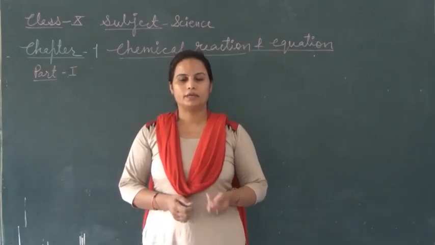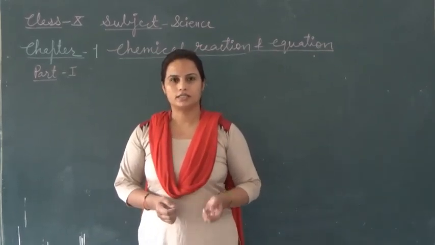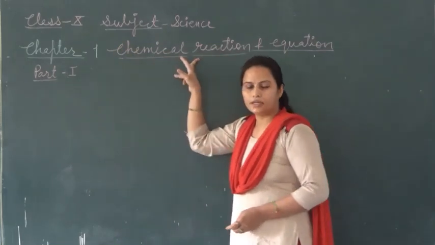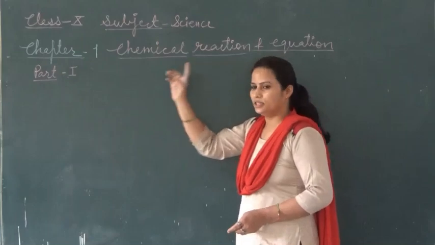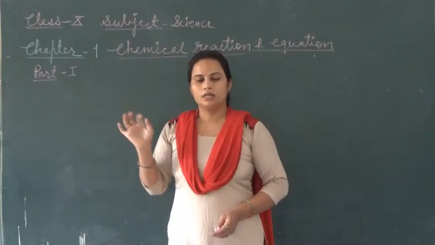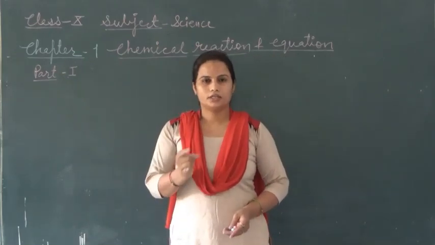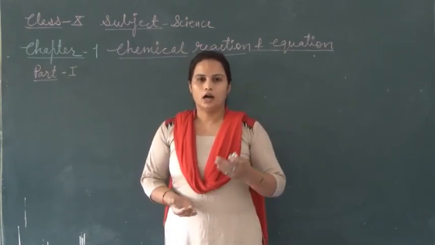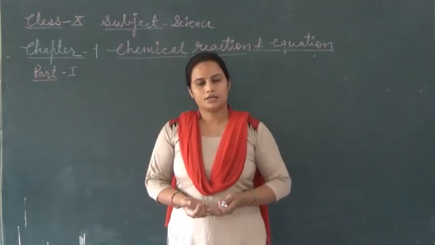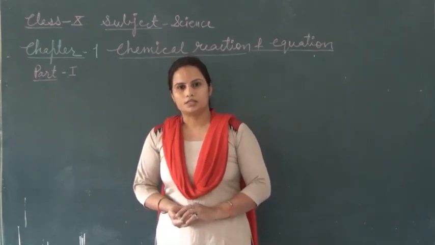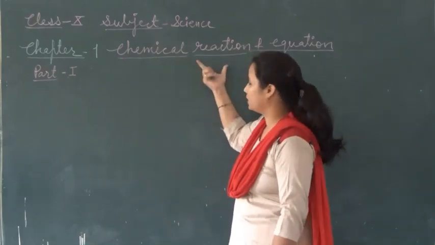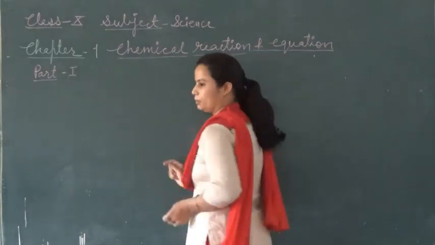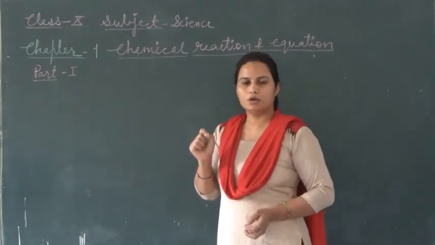Morning. I will begin with chemistry of class 10, and the first chapter of class 10 chemistry is Chemical Reactions and Equations. In this chapter we study what chemical reactions and equations mean, what changes occur during a chemical reaction, how we balance a chemical reaction, and the types of chemical reactions. Whenever we start this chapter, first memorize the symbols of elements 1 to 20 and keep them in your mind.